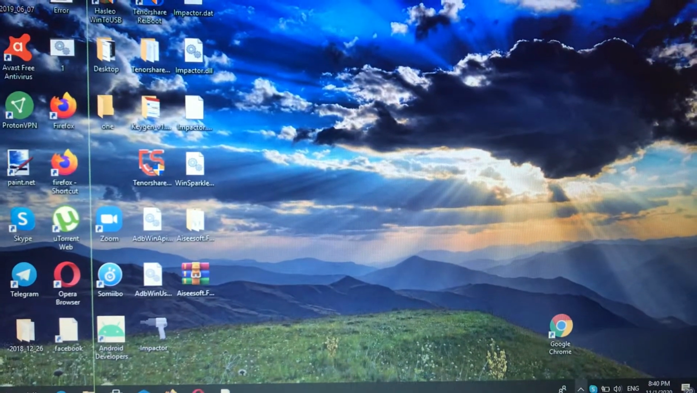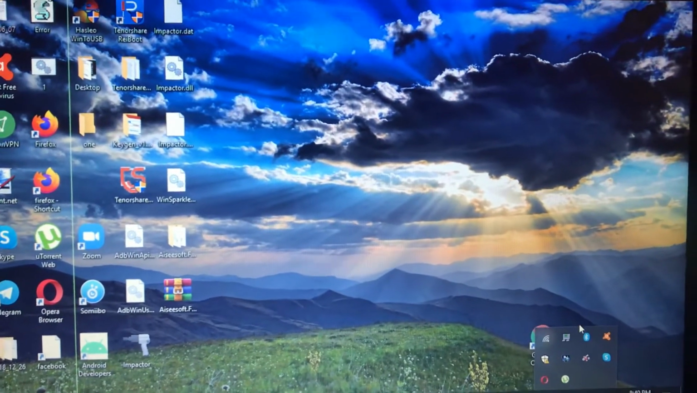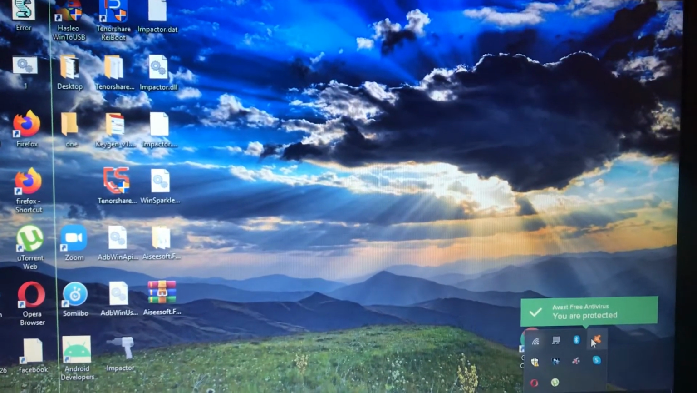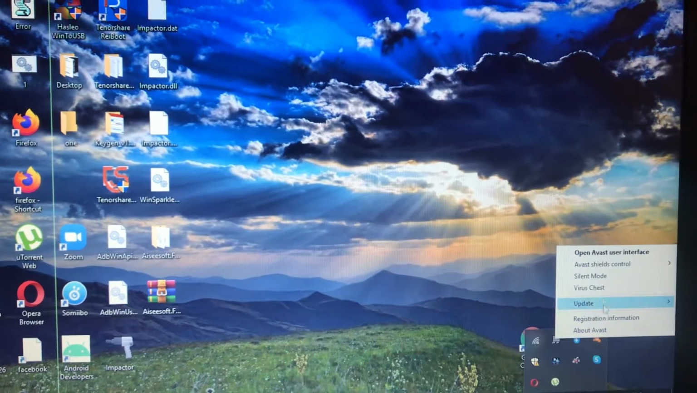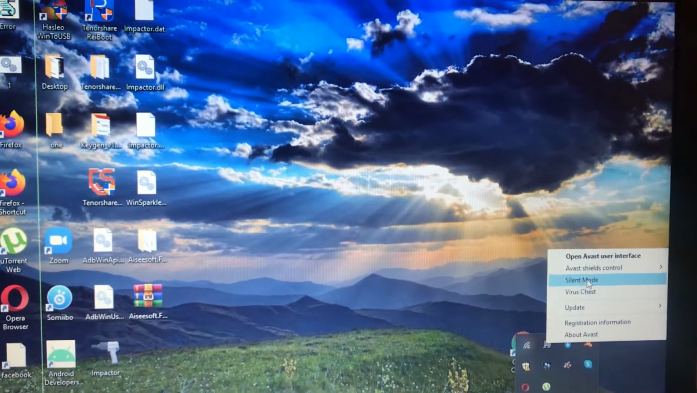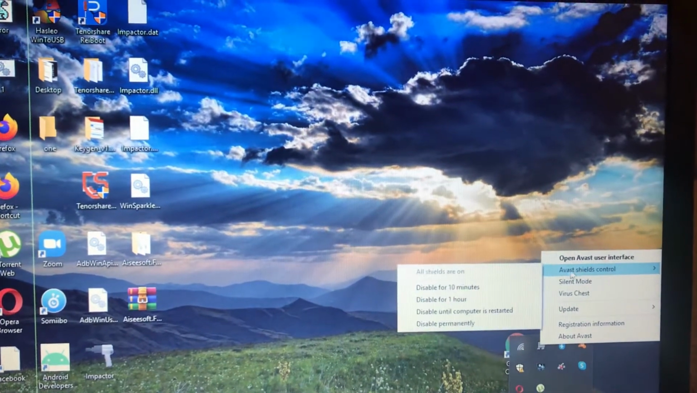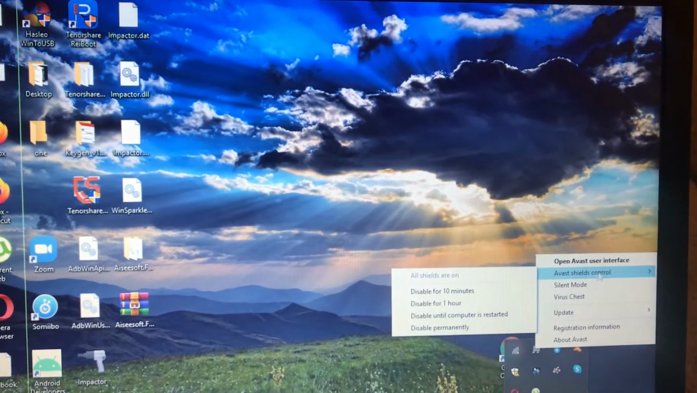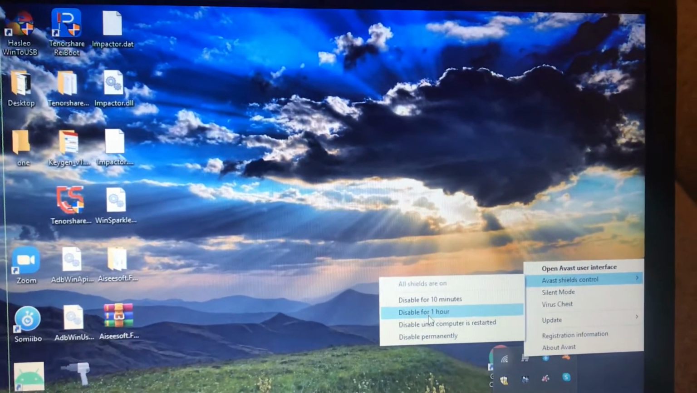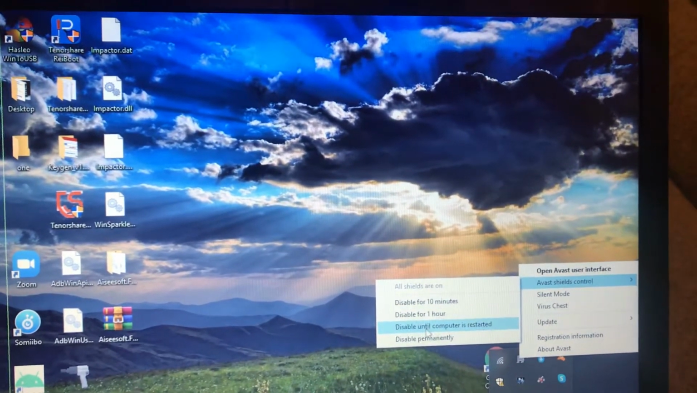So for doing this you just need to go here. Here you need to choose your antivirus system. So in my example it will be Avast, so just right click on it, and here from this list you need to find Avast Shield Control, and here you will find disable for 10 minutes, disable for 1 hour, disable until computer